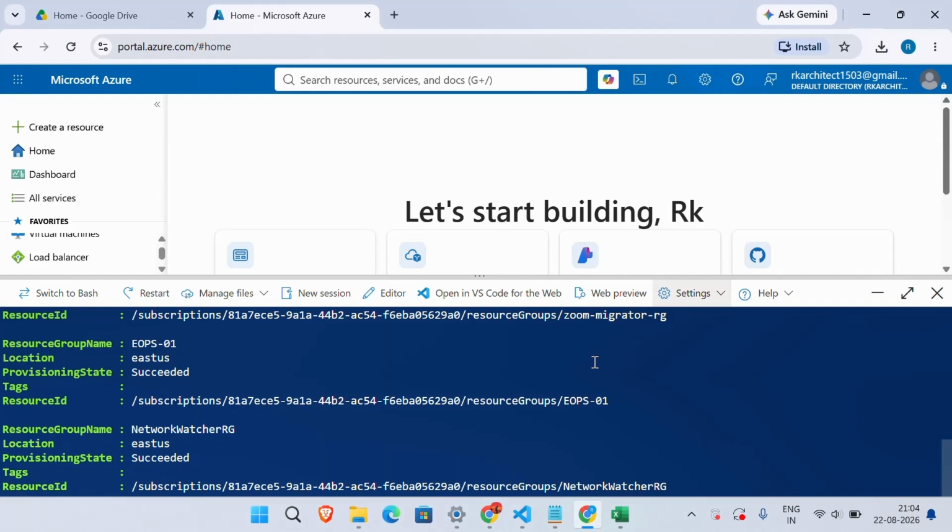In our next video, we're going to create resource groups using Azure PowerShell and Azure Bash, and also through the Azure